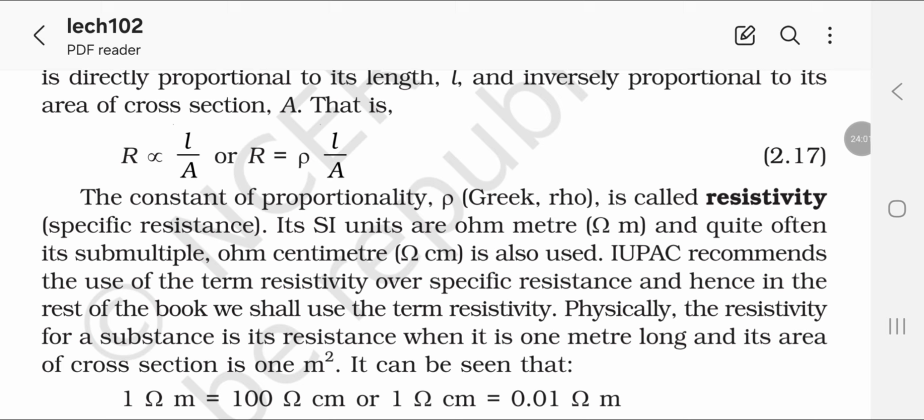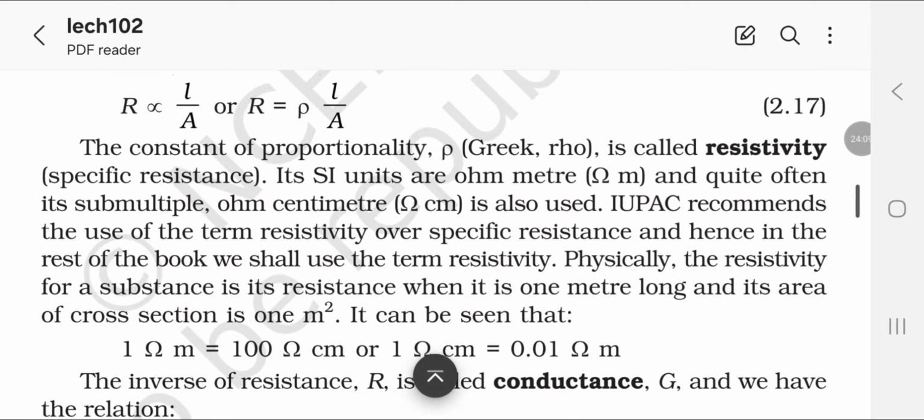IUPAC recommends the use of the term resistivity over specific resistance, and hence in the rest of the book we shall use the term resistivity. Physically, the resistivity for a substance is its resistance when it is 1 meter long and its area of cross section is 1 meter square. It can be seen that 1 ohm meter is equal to 100 ohm centimeter, or